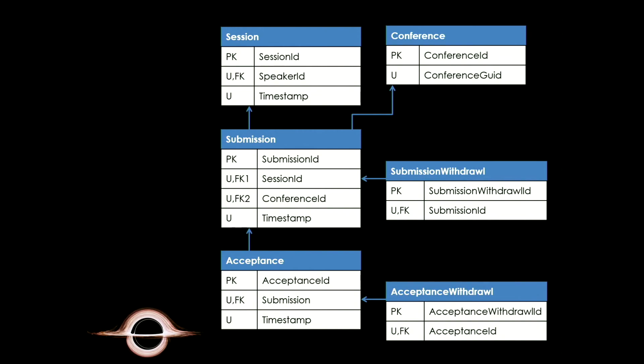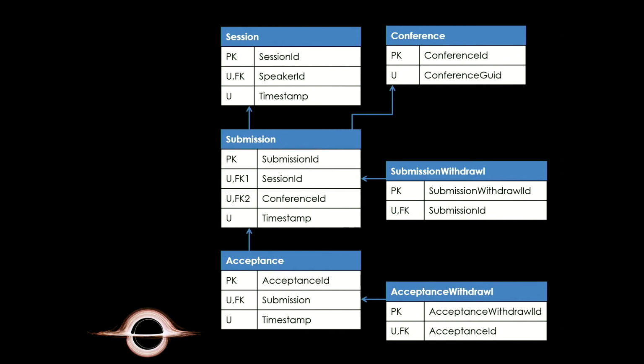Good question. So what happens if you insert an acceptance, but then the speaker inserts a submission withdrawal? That's something allowed by the data model, so therefore you have to figure out what it means in your domain. The way that I would interpret that in this domain is that I would want to be able to write a query that looks for that particular scenario. Show me all of the submissions that I've accepted that the speaker has withdrawn, because now that indicates that there's work to be done. I need to contact that speaker and say, was that an accident, or should I take you off the schedule? And if I take them off the schedule, then I go ahead and withdraw the acceptance, and then I accept a different